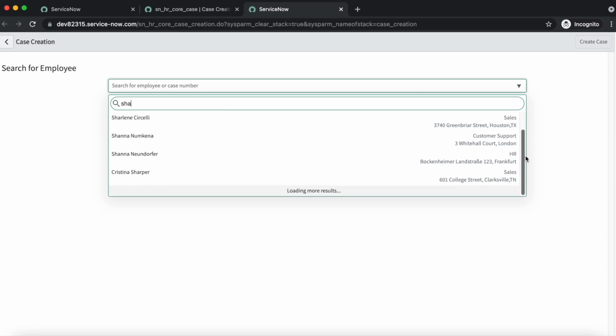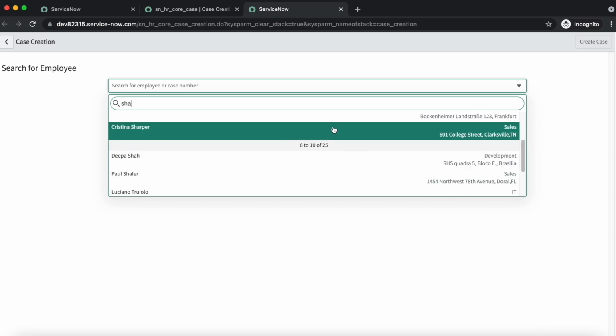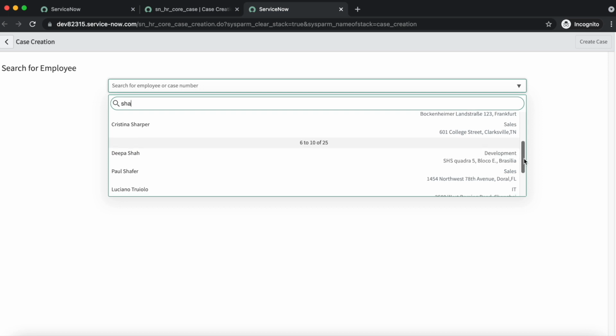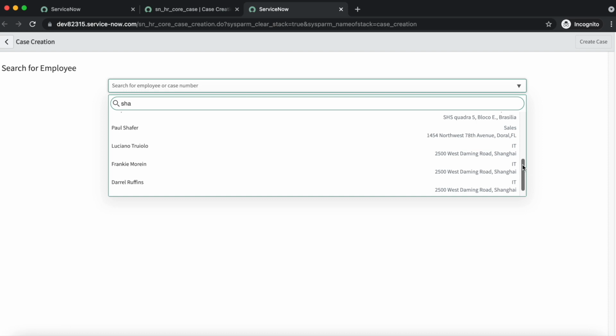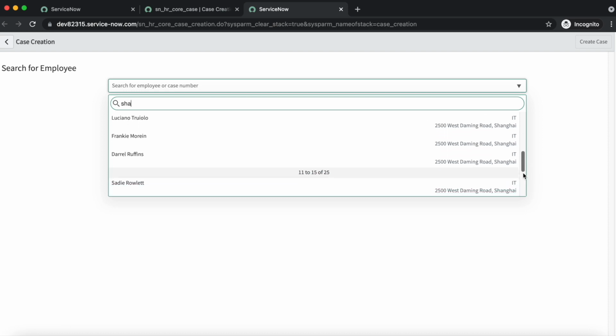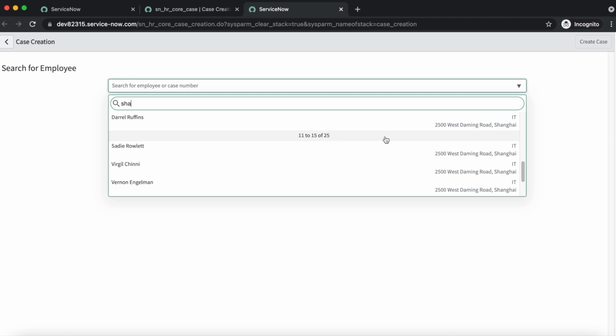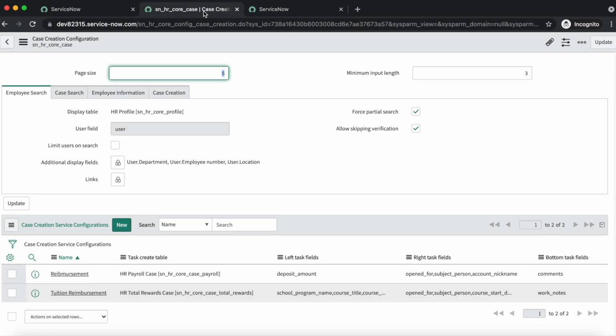If you scroll down, after 5 records it is divided with a page break, and then it's showing 6 to 10. If we scroll a little more, it's showing 11 to 15 out of 25. So if you want to control how many values are displayed, you can set it here, in the page size.